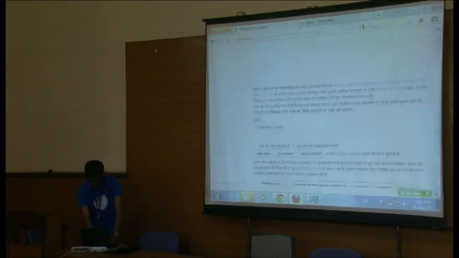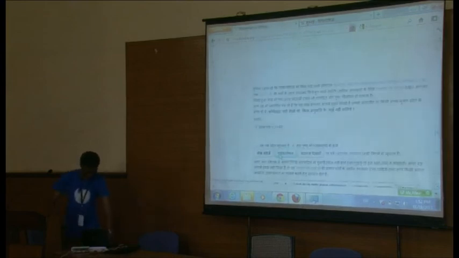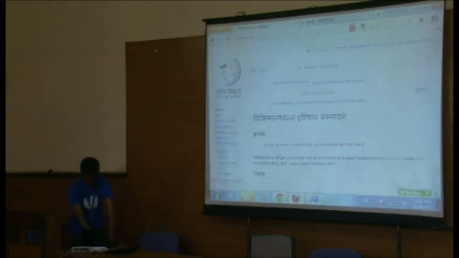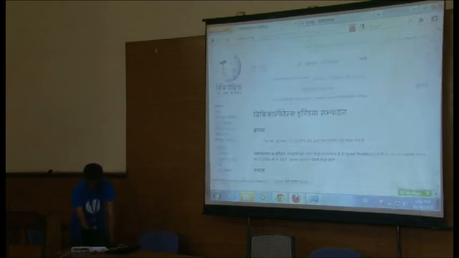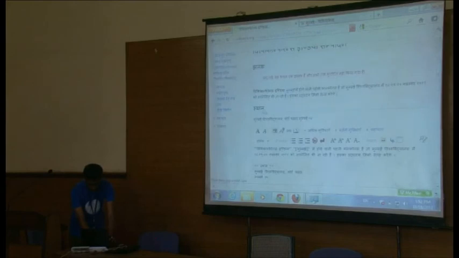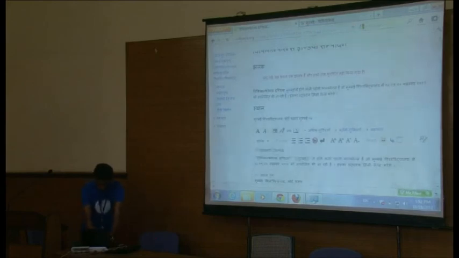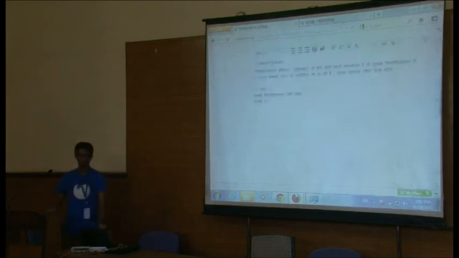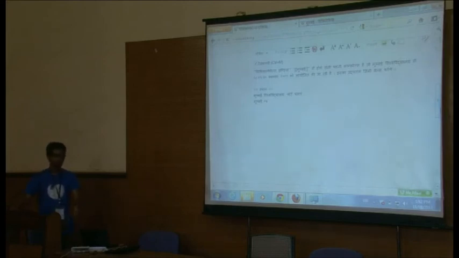Before saving, you can see the Purvavalokan, or the preview, to see how it looks. Now you can see this is a main heading under which it shows the physical location. In this way, we can add several different headings. For example, the location, the number of delegates, the number of different wiki communities all throughout India who have been participating in this. Probably I can show how exactly we can do that.